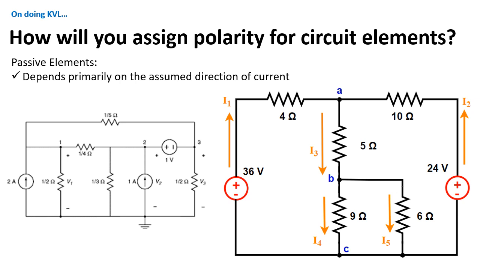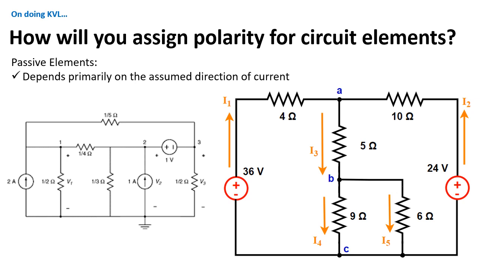If you already assume the current direction is right here for I1, meaning for this resistor right here, if your loop is clockwise, meaning from here up to your node A, or if your loop is along with your assumed current direction, the voltage drop across a resistor is negative. I'll say it again. If your loop direction is the same as your current direction, the voltage drop is negative.